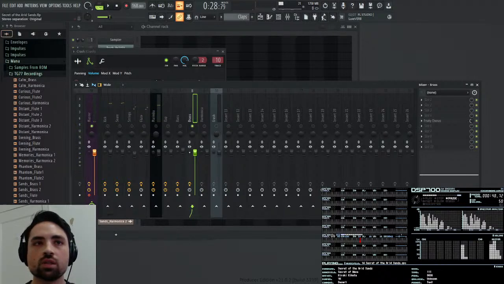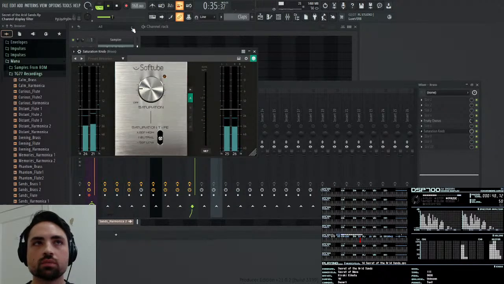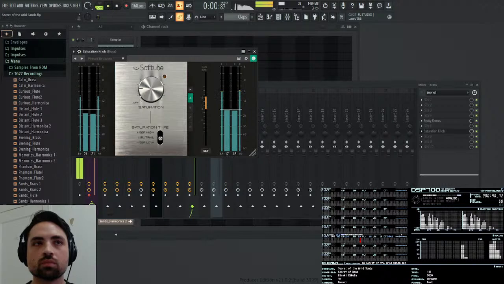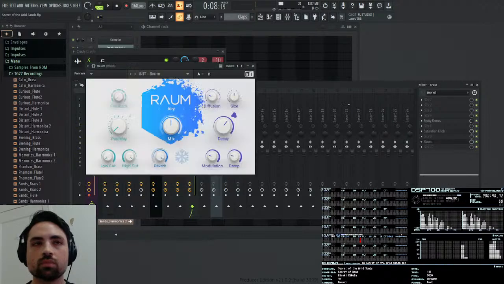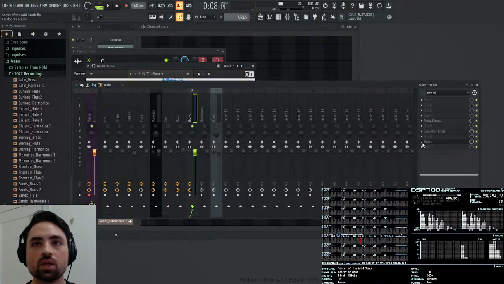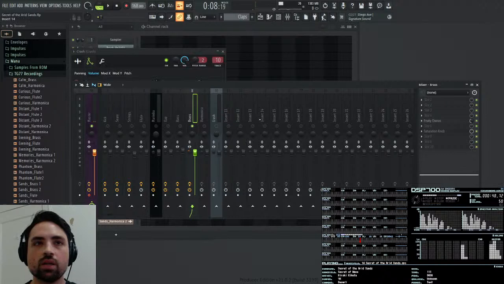And I want to give this a little bit of stereo separation, and some saturation. Set the volume. And a little bit of reverb. But so many of these things have reverb, I need to set up a bus.